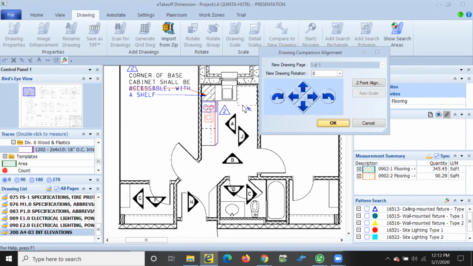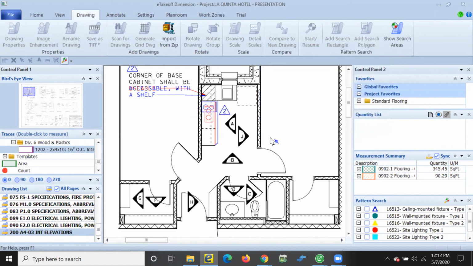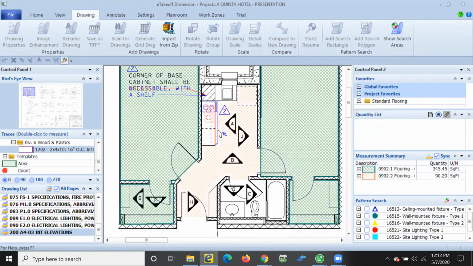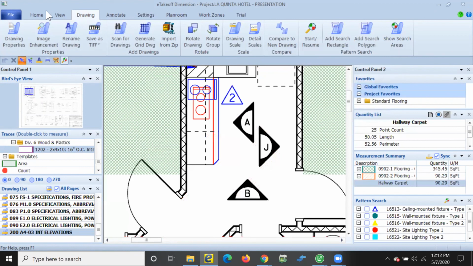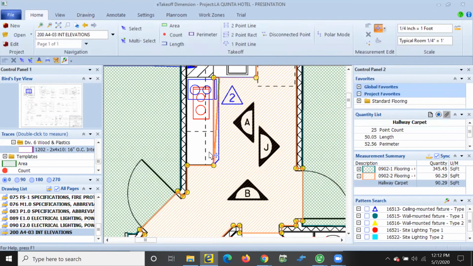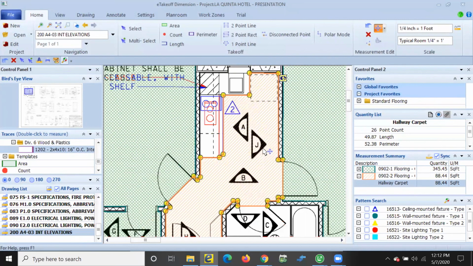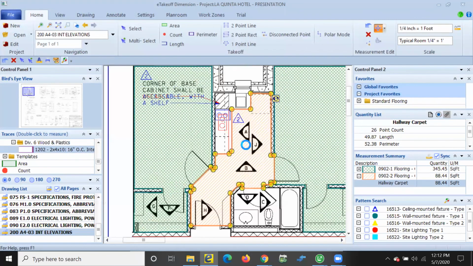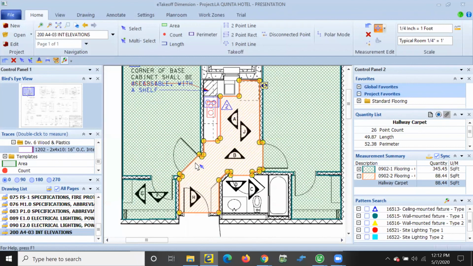And then what it'll do is it'll bring back the original takeoff, and then it'll allow me to adjust. So I can just simply click on my existing takeoff. We need to make an adjustment around this revised countertop for the flooring and the cabinetry. So I can quickly add in new points there and complete my revision on that flooring. So pretty simple to do and easy to bring in other drawings.